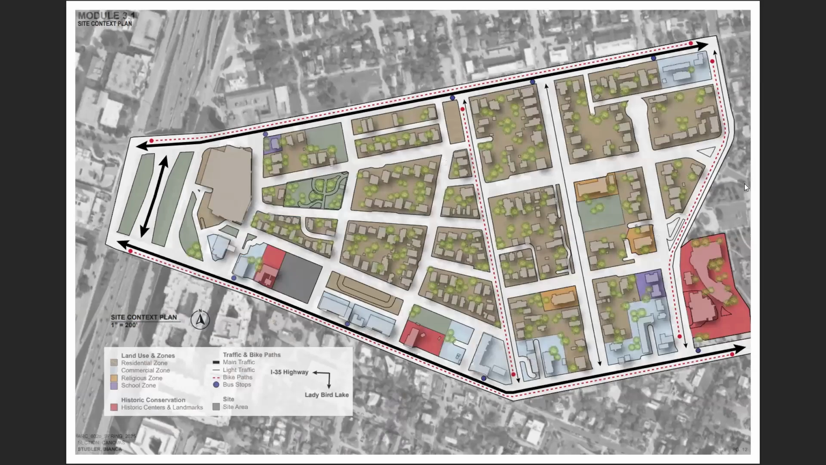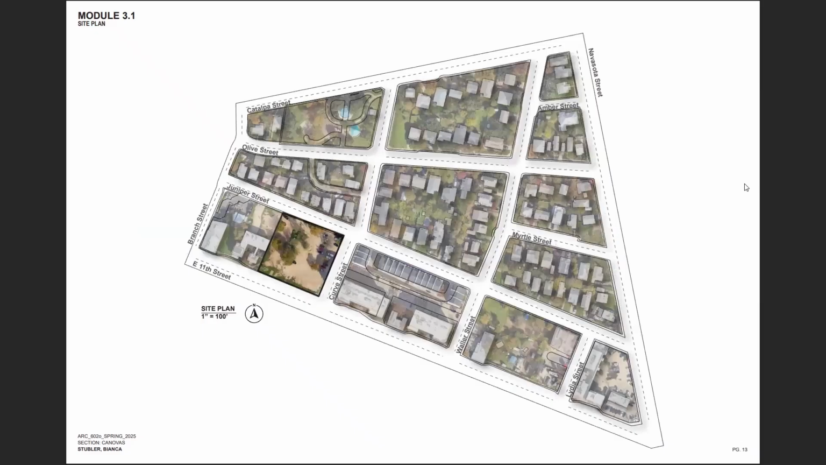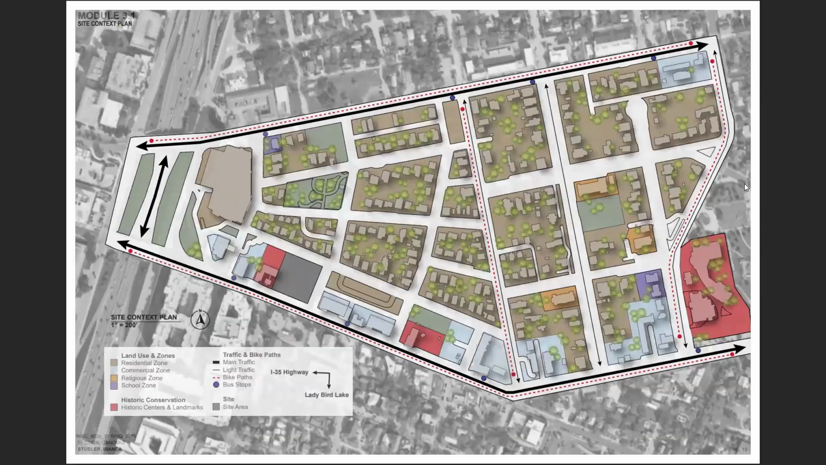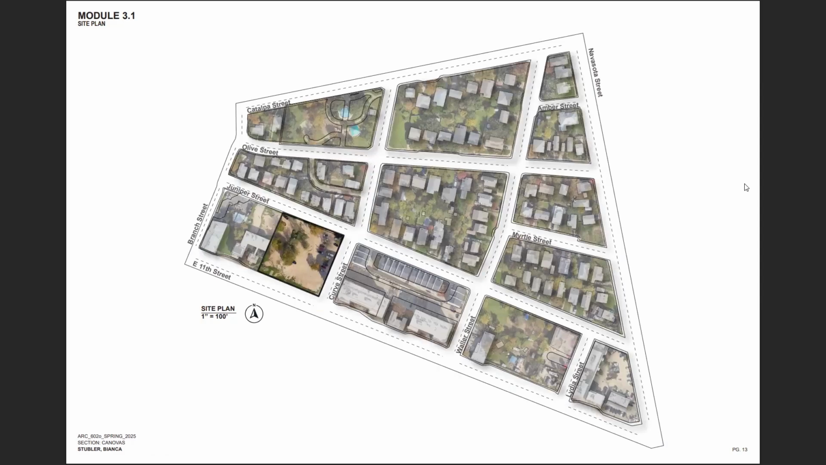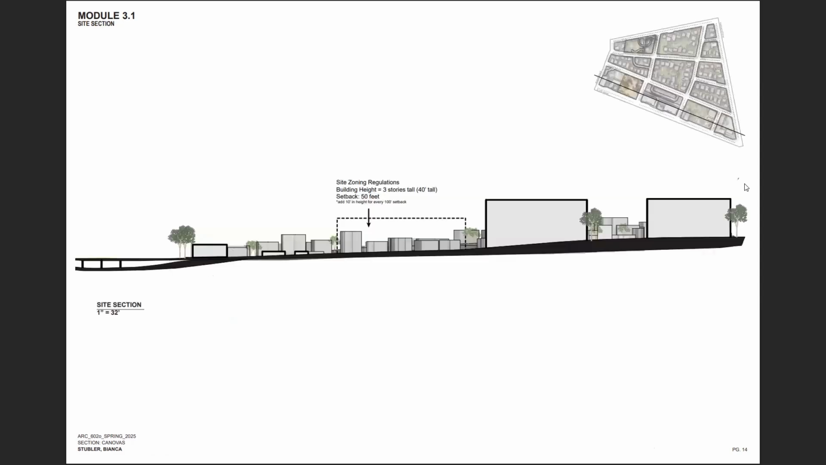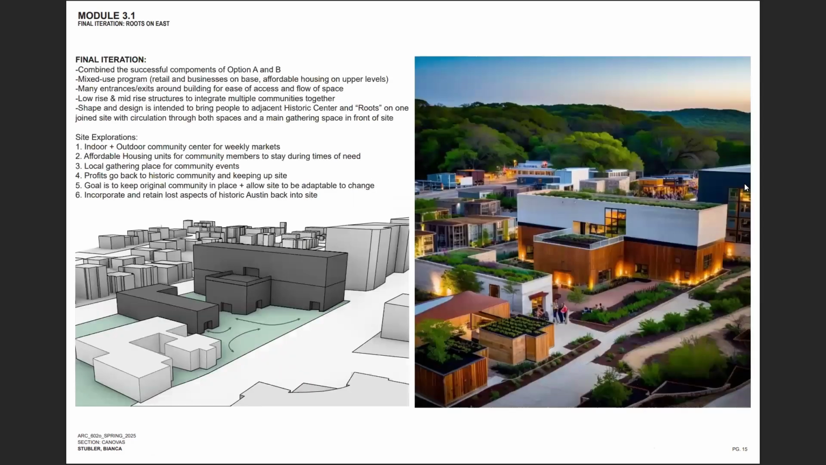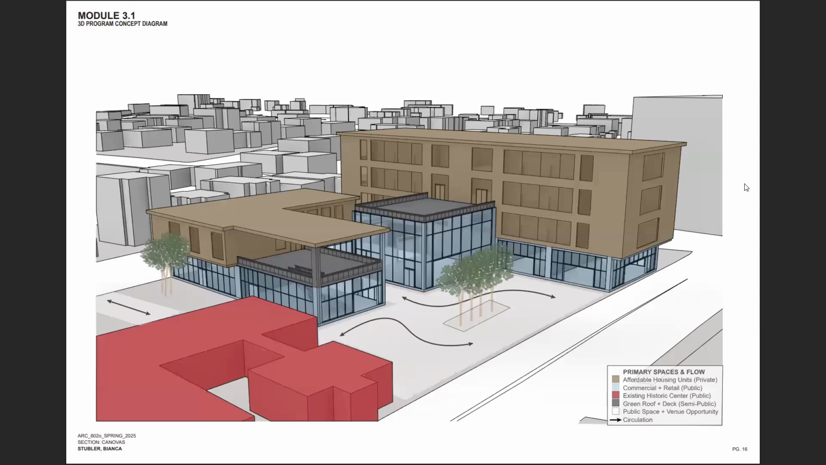And then the site context plan, just showing a zoomed out view of everything. The site is in gray. And then if we zoom in a little bit, just showing what's on the current site, showing the site section before building on it, the final iteration of what is intended use is, and then hopping